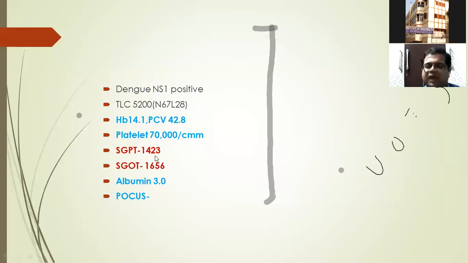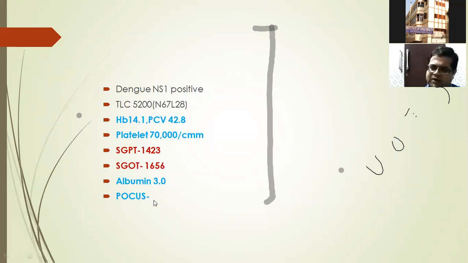You can see the SGPT, SGOT is in thousands, means elevated. You see albumin is borderline, 3. So this patient presented to you with features of danger sign. There is no bleeding, but there are a few features pointing towards some sort of hemorrhagic tendency. So it is fulfilling some criteria of dengue hemorrhagic fever. What are those? Among the three, first, the tourniquet sign is positive. Number 2, platelet is 70,000. Number 3, hemoglobin is more, PCV is more. In number 3, the features of capillary leak are there, albumin is 3.